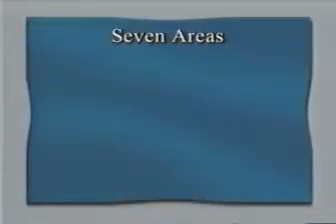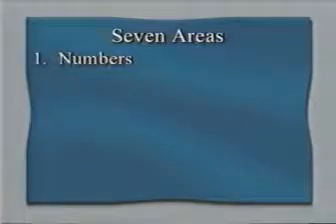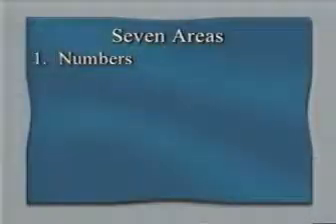Mathematics in this series is divided into 7 primary areas. If you were a mathematician, you'd say there were 7 subsets. The first are numbers, and we'll look at the basis of mathematics. Fundamental counting numbers to abstractions of the complex set of numbers. Then we'll look at algebra.